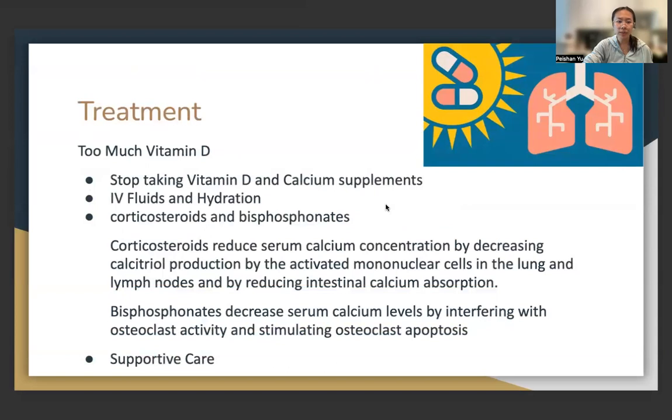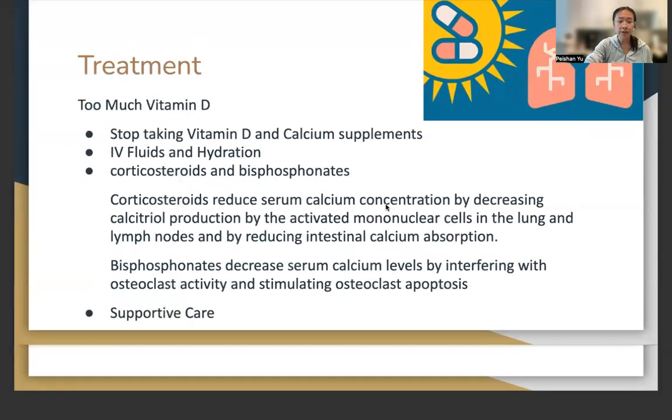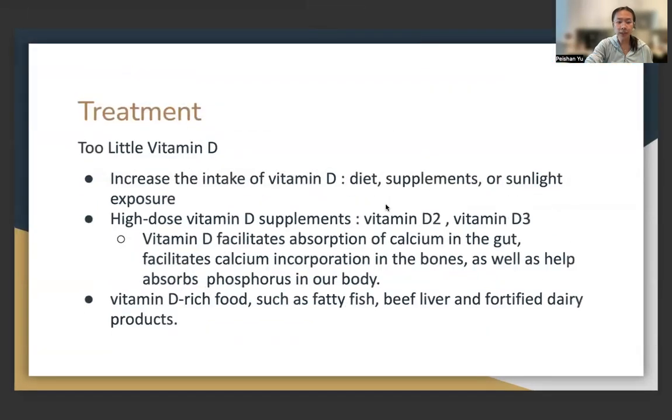Treatment for too much vitamin D. Stop taking vitamin D and calcium supplements, and we use IV fluid and hydration. We use corticosteroids and bisphosphonates and supportive care. And for too little vitamin D,